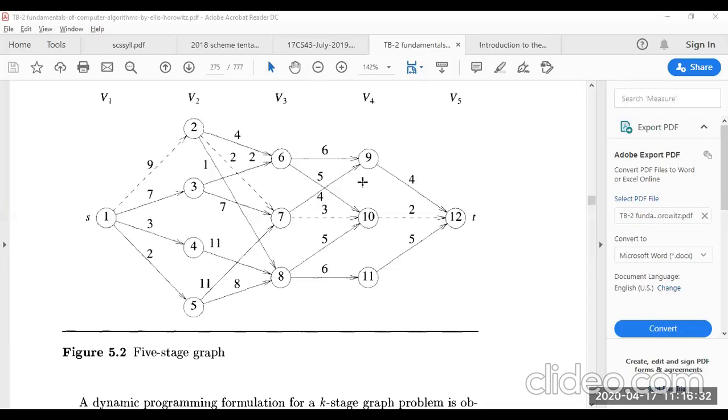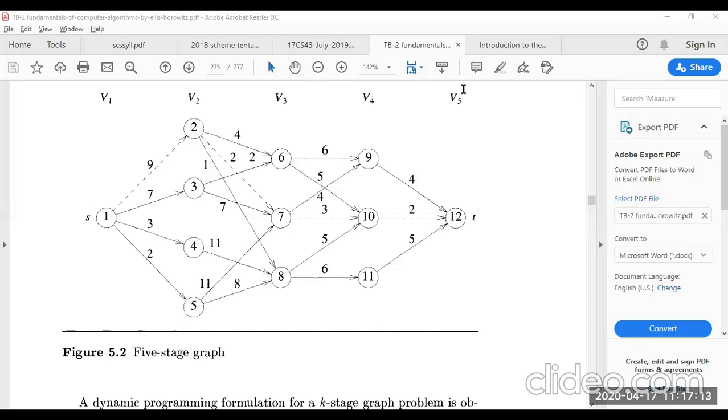Now the dynamic approach works on the principle of optimality. And what does the principle of optimality say? It states that we have an optimal sequence of decisions. Those optimal sequence of decisions are such that from one stage we move on to the next stage, and we keep on selecting one or the other vertex till we reach the destination, and that will be a sequence of optimal decisions. Now let's see what we mean by a stage, because we say multi-stage graph, and the graph that is shown to you is a 5-stage graph.